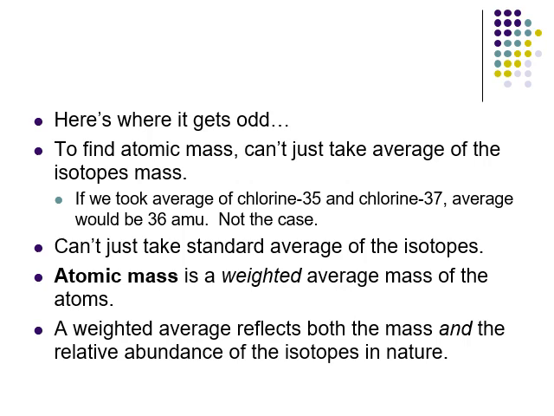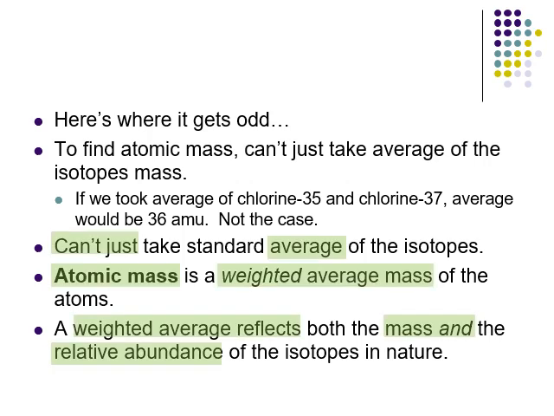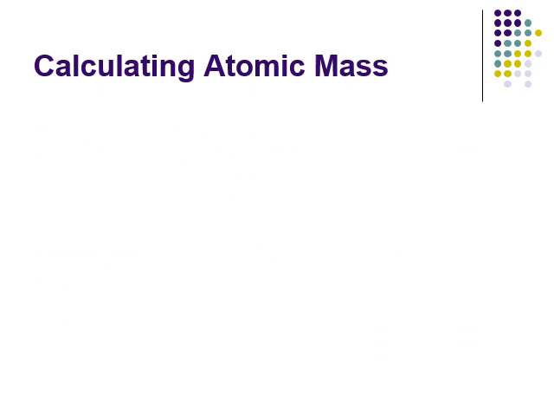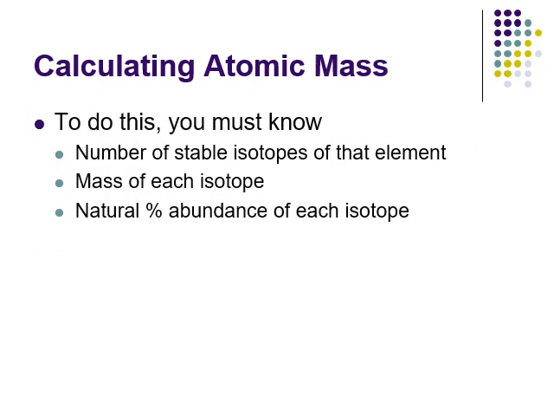And what a weighted average is, kind of like your grades are weighted, is it gives more weight, more emphasis to the isotope that has a greater abundance. So if I have one isotope that's 98% abundant and one that's 2%, the mass of the 98% abundant one is going to have more effect on the atomic mass of the overall element. So you are going to be expected to calculate the atomic mass. To do this, you have to be given three pieces of information. I will provide you with these three pieces of information on the opportunities. That's what you're going to see.